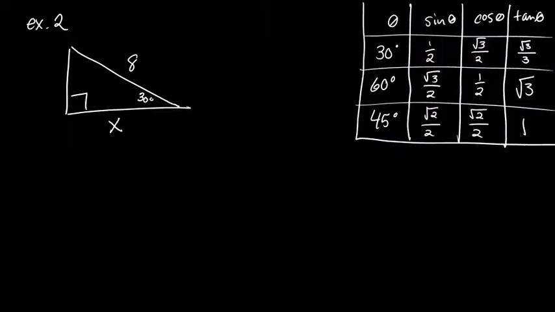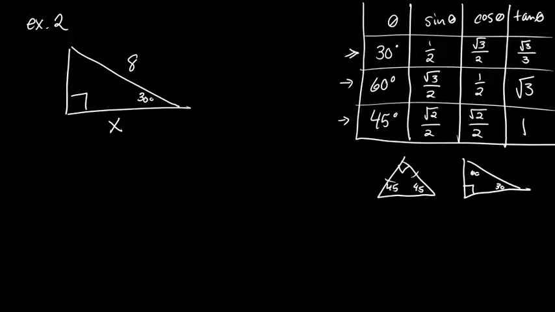On to example 2. Example 2 uses one of these special right triangles that I talked about. There are 2 special right triangles, and they are the 45, 45, 90, and the 30, 60, 90 right triangle. Alright, so there are these values for this chart. They do have square roots in them, which if I use these values in this chart,